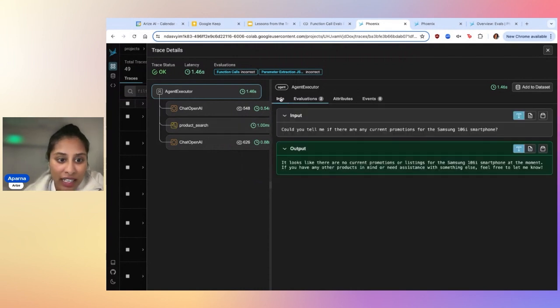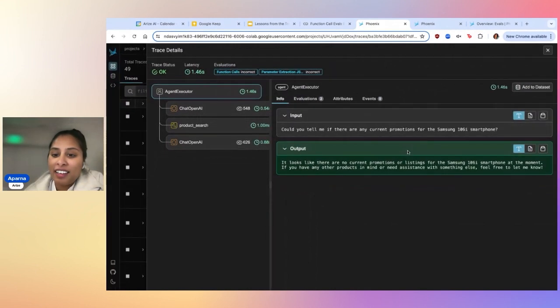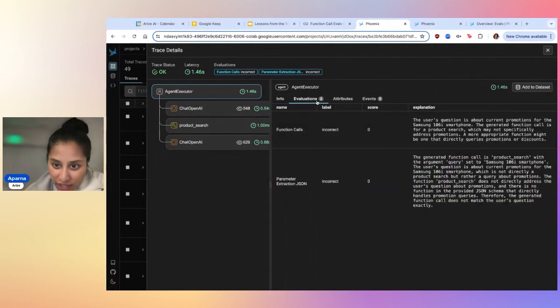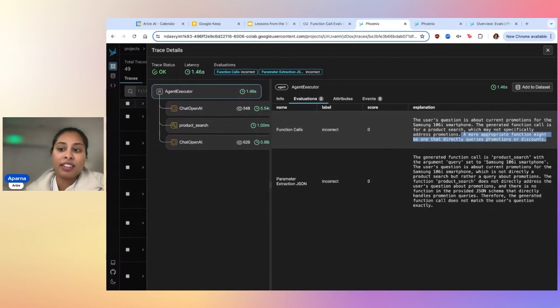It actually made a product search function call here. But the user was specifically asking about promotions. So it tells me the function call is incorrect. The user's question is asking about promotions, but the generated function call is for a product search, which may not specifically address promotions. A more appropriate function might be the one that directly queries promotions or discounts.